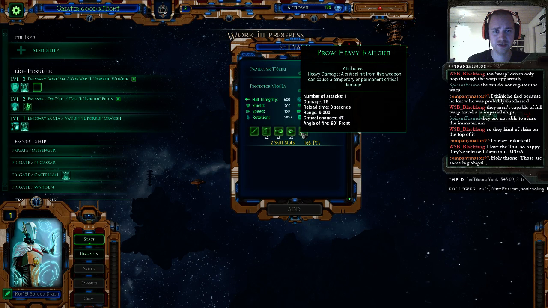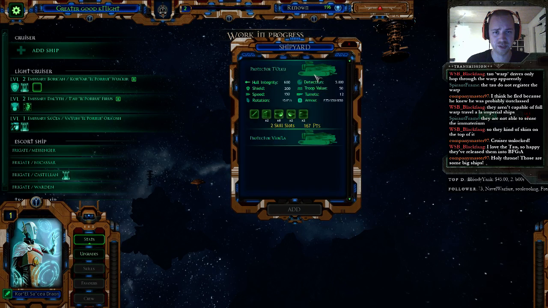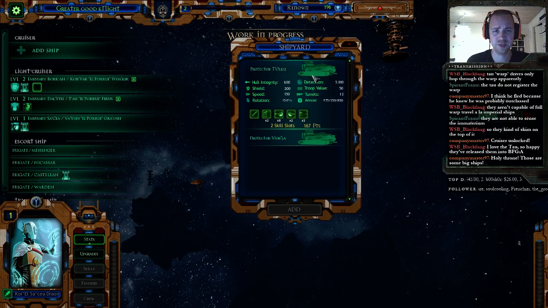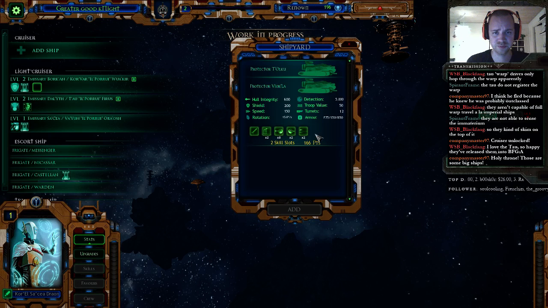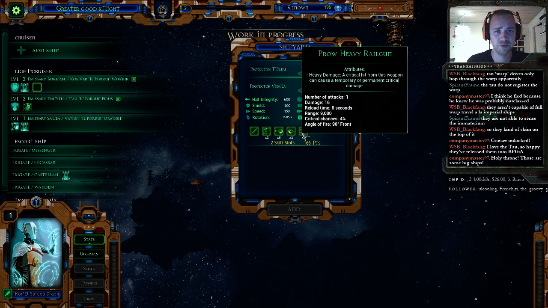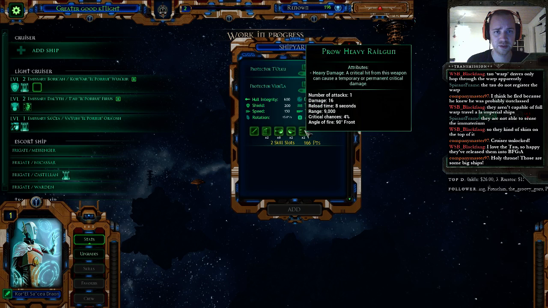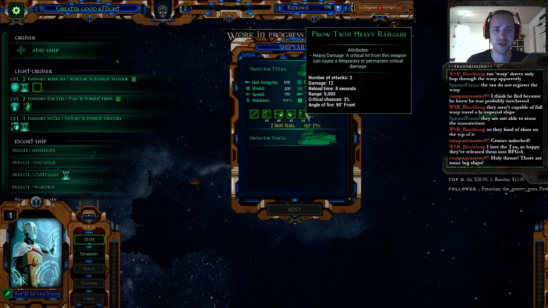What is the difference between these two then? Troop value, same. Turret, same. Speed, same. Shield, same. Something is different, but I just don't... Oh, there we go. Heavy railgun. Twin heavy. Okay, so one of them has twin heavy railguns, which is damage 12 and now 9,000 range, and